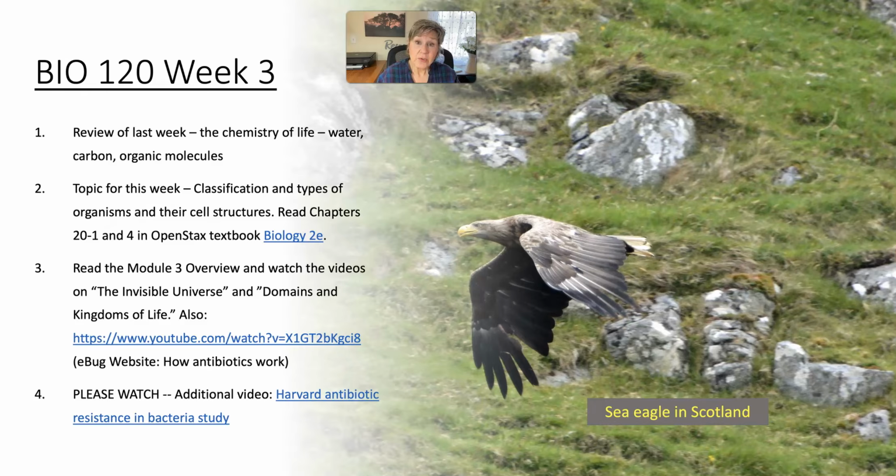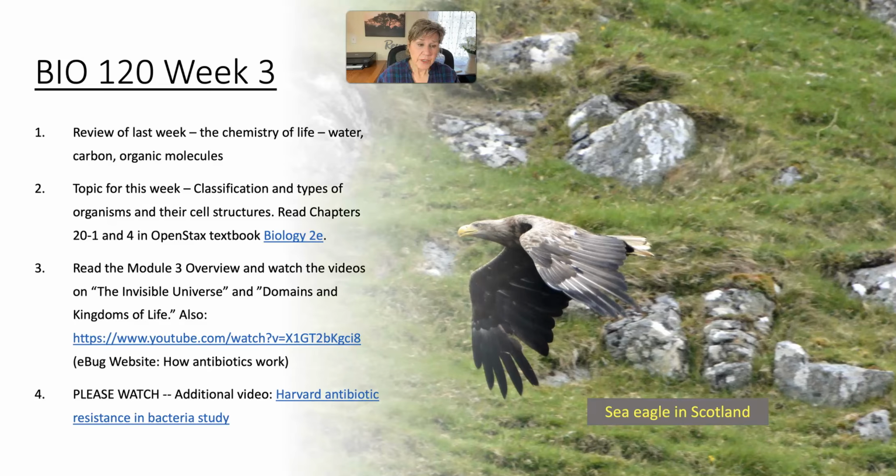Eukarya contains the eukaryotes. The eukaryotes consist of eukaryotic cells. And EU means true. Kary means kernel, which refers to the nucleus in cells. So this gives you a hint that there may be some differences between the cells of eukaryotes and prokaryotes, which are the bacteria. Pro means before a nucleus. So there are definitely huge differences in cell structures between eukaryotes and prokaryotes. And so that's going to be important for one of our questions coming up.